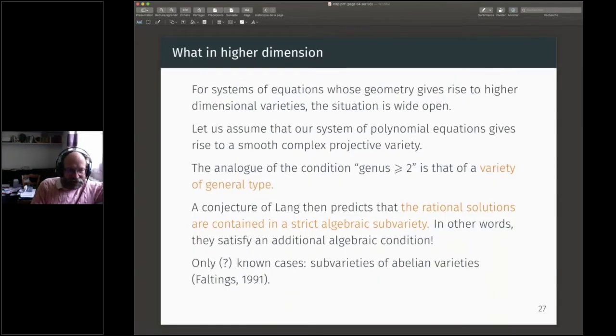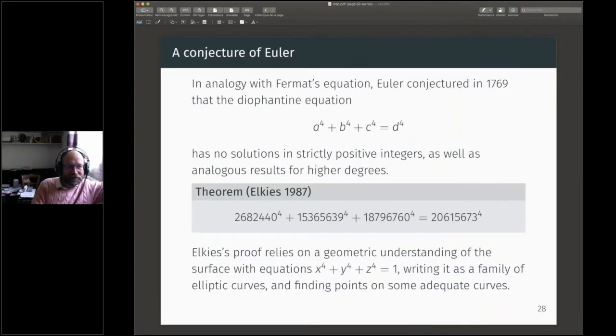One case I can try to describe is a conjecture of Euler. Fermat's last theorem says that a sum of two cubes cannot be a cube. Euler conjectured that a sum of three fourth powers could not be a fourth power, and similarly for higher degrees: a sum of four fifth powers could not be a fifth power, etc. And in fact, this conjecture of Euler is false. There was a counterexample in degree 5 found around 1965